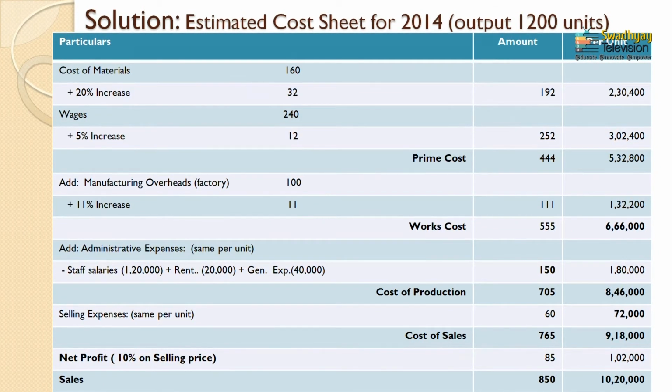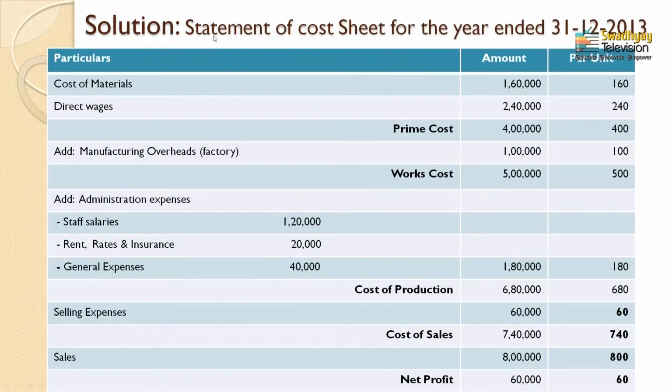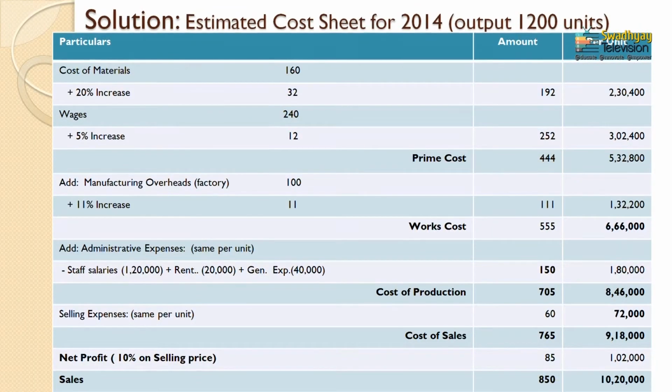The change was 11%. So, now see the manufacturing overheads in the factory last year, in the year 2013. The manufacturing overheads in the last year 2013 was rupees 100 per unit. According to the changes we found in the working, it will be increased by 11%, adding 11% into the manufacturing overheads on 100 rupees, which comes to 11 rupees. The total amount of manufacturing overheads in the year 2014 comes to 111 rupees, added into the prime cost,